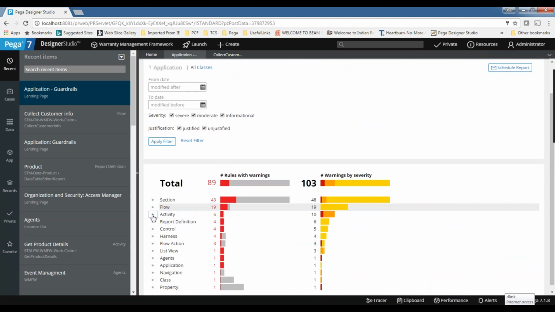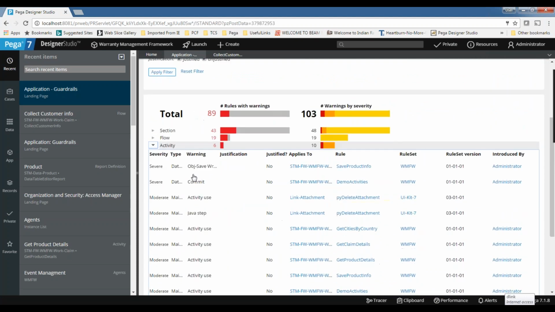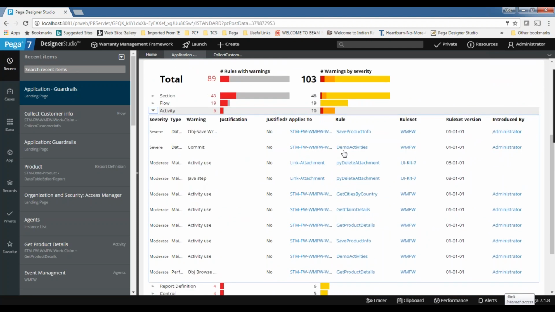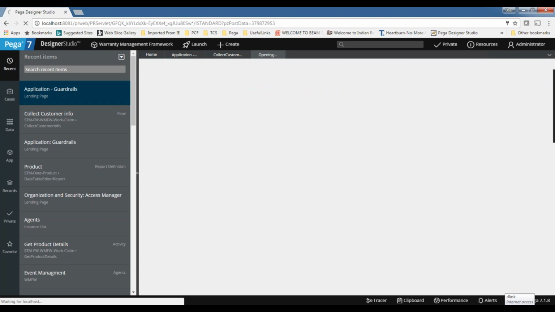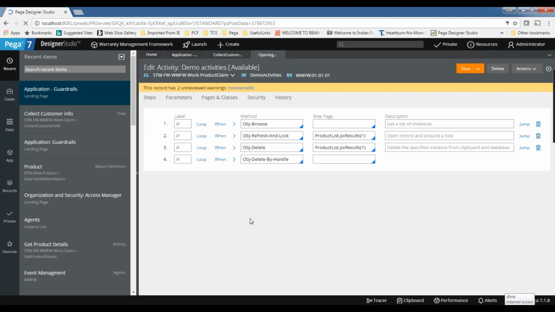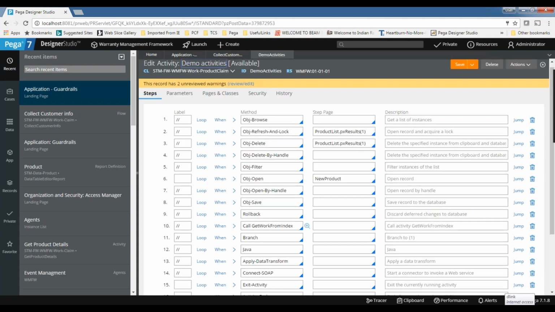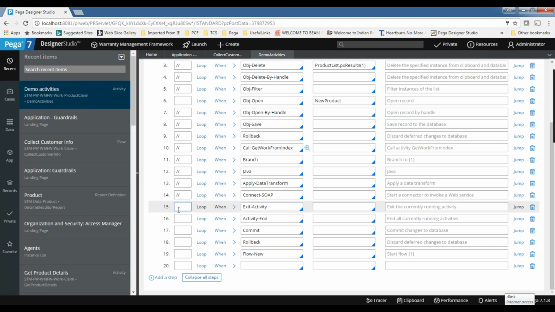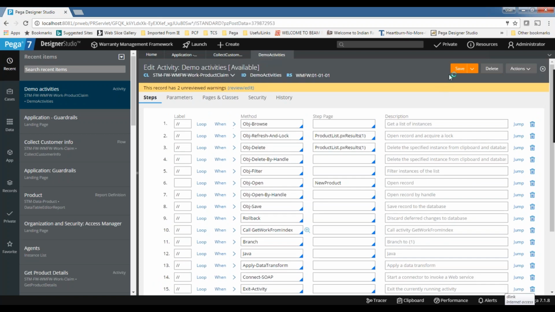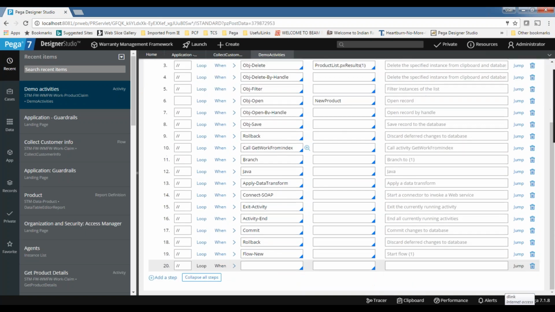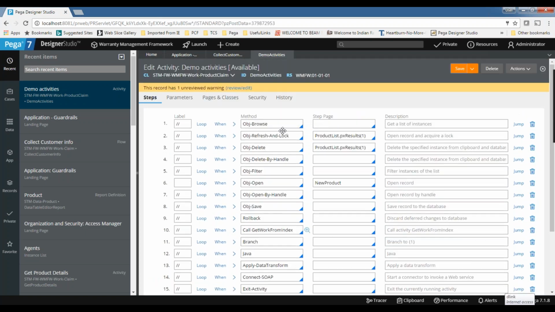If you go to other activities, as I said, using the verb save, write, is also a violation. Using the commit method is also a violation. For the demo activities we are using that, so let's go to the demo activities and let me comment that out. Without commit, how could we commit the records? Whenever you call this in the flow action, for every flow action the system will internally call the commit method. One commit method is enough to save all the data, and the transaction will be committed.